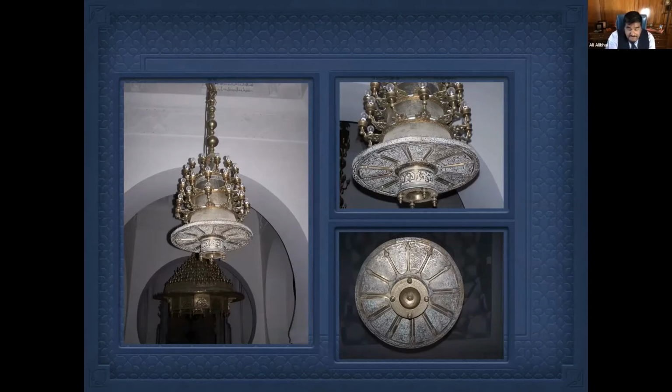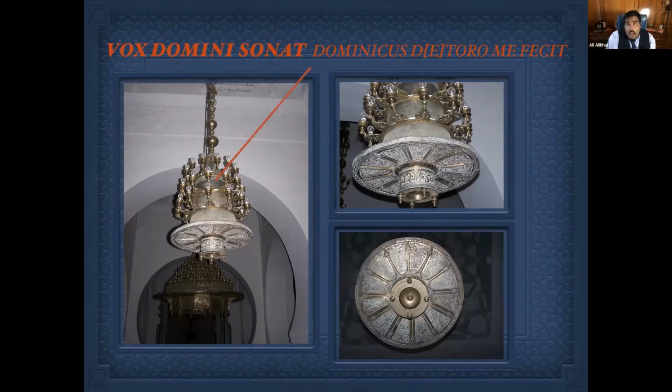This bell lamp hangs in the 6th cupola from the mihrab and preserves its original Latin inscription on the shoulder of the bell. The Latin inscription reads, "Vox Domini sonat, Dominicus de Toro me fecit." So basically, the voice of the Lord resounds, and it's followed by this dedicatory inscription for the patron, which reads, perhaps, "Rodrigo me fecit." In the course of the bell's